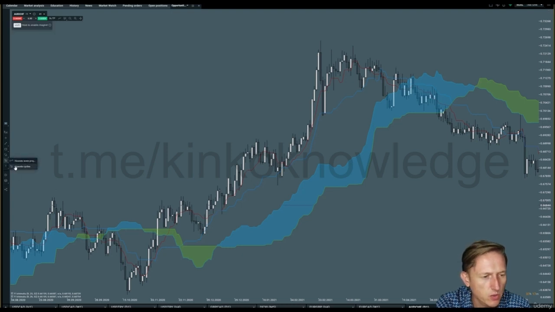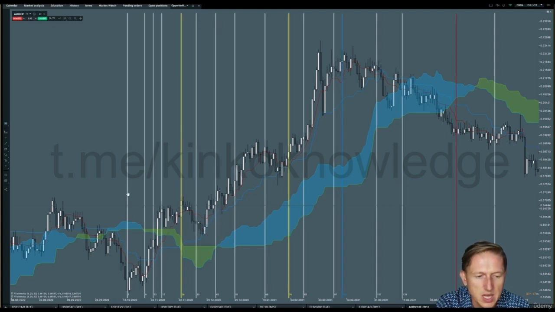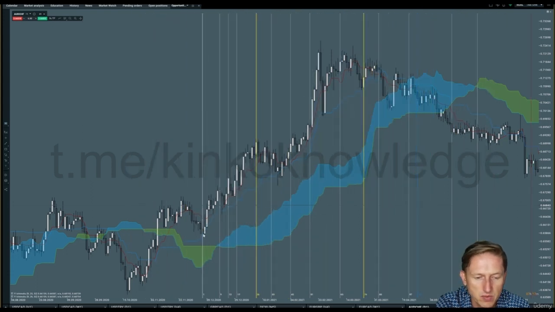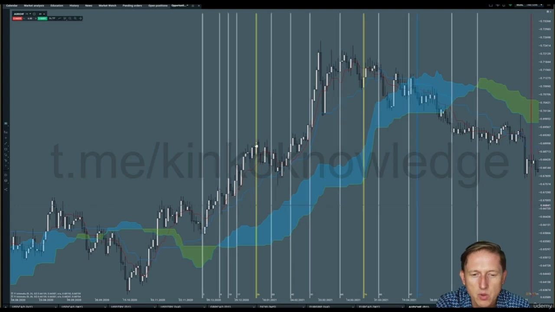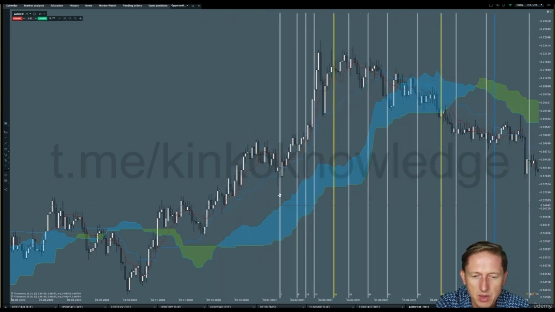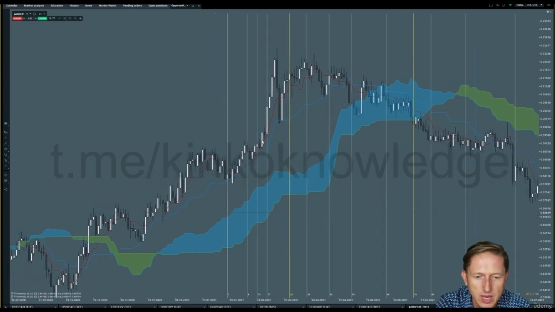Let's see if these waves behaved in any order as well. So counting from the beginning, we can see very nicely we have 26, a very strong impulse of 26. So let's see how strong was another impulse. Counting from the end of this pullback, we can see 26. So 26 again. Unbelievable.